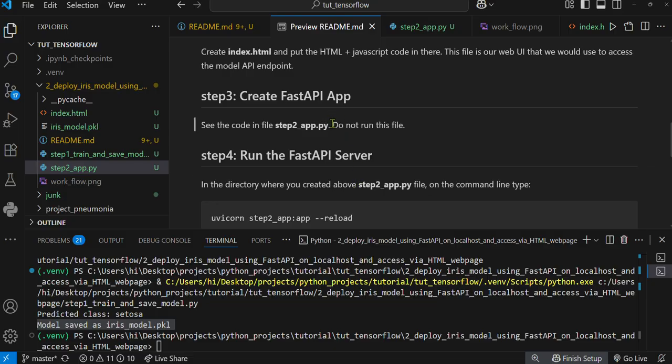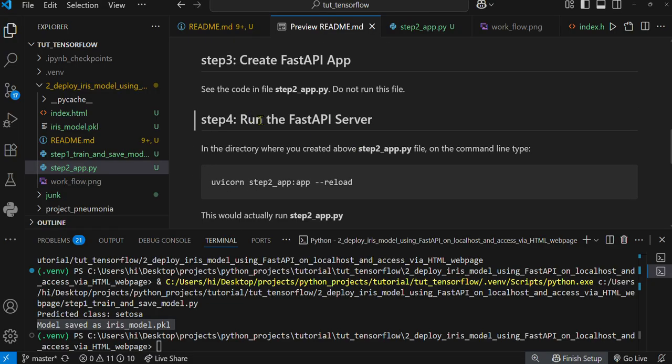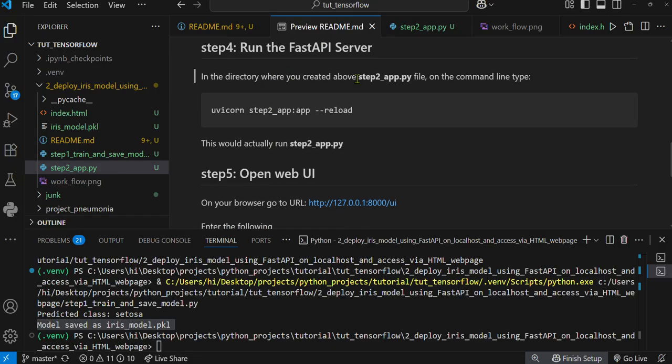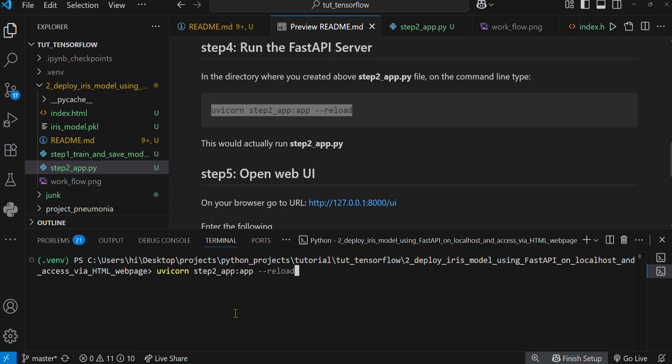Okay, so you create this file. Now do not run this file. We're going to run this file using the FastAPI server. So in the directory where you created the step2 app.py file, type this on the command line. Make sure you are in that directory. I can see I'm already in that directory. Type this command right here, copy and paste this. Actually, let me clear the screen so you can see a little more clearly. All right, so copy and paste that command: uvicorn step2_app:app --reload, hit enter